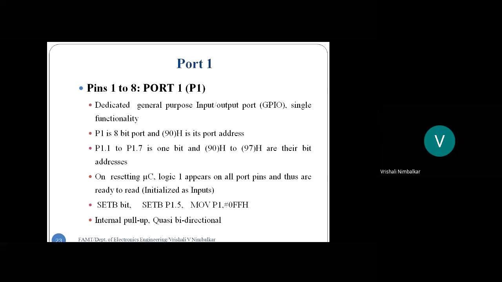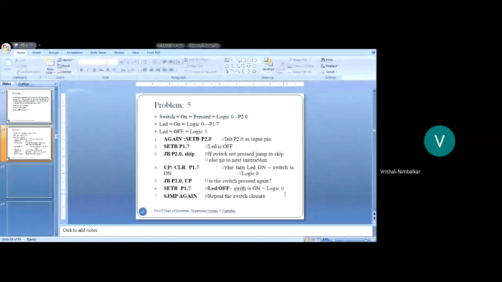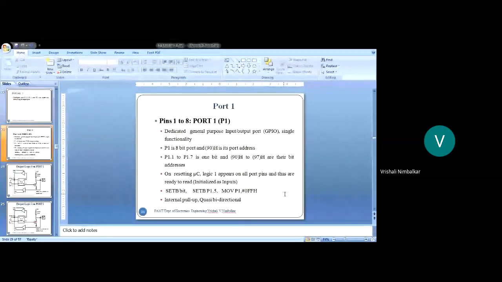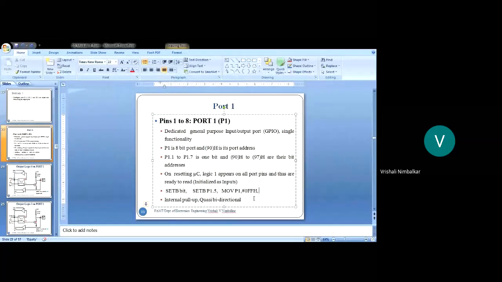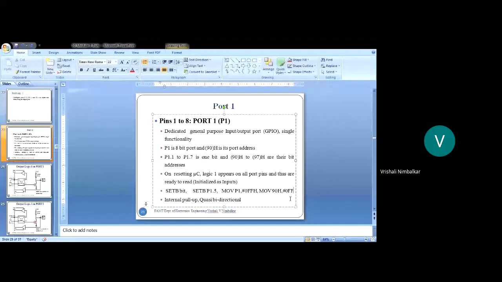Okay, so you could have also written this as, right, the way it is mentioned. So just let me come to the slide. Okay, the same instruction can be written as follows: here P1 is referred to by its name, whereas I'll refer to P1 by its address. So MOV, what is the address of P1? 90 hex, comma, what do you want to send on that port? #0FF. Right? So whatever instruction I have written now and the earlier instruction MOV P1, #0FFH or MOV 90H, #0FFH are doing the same thing. Let me write FF hex there.